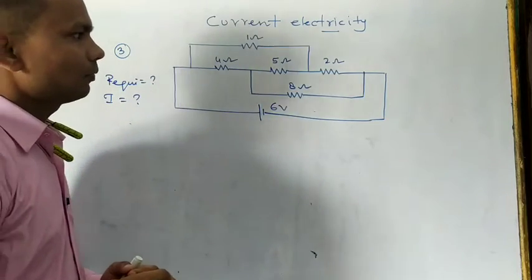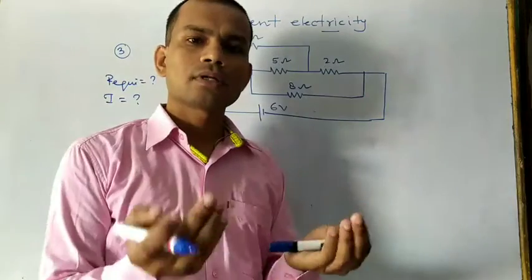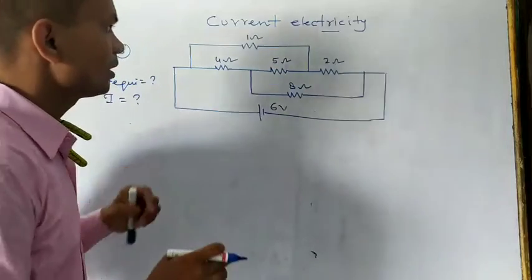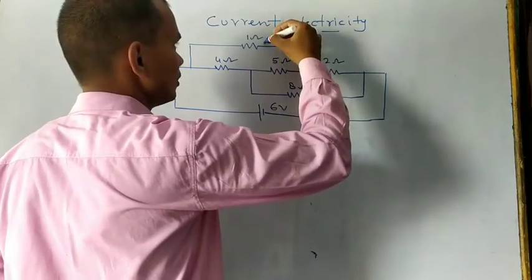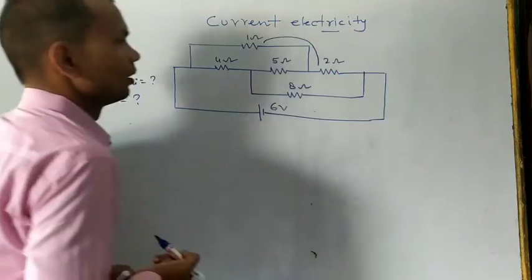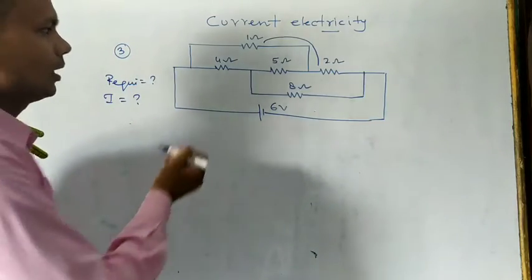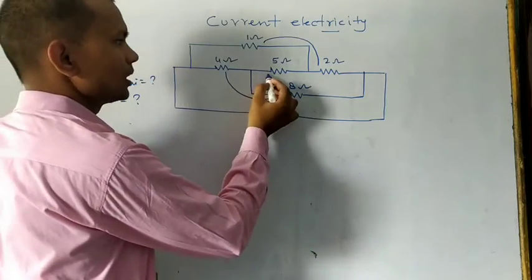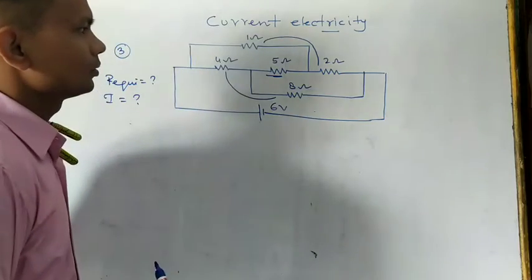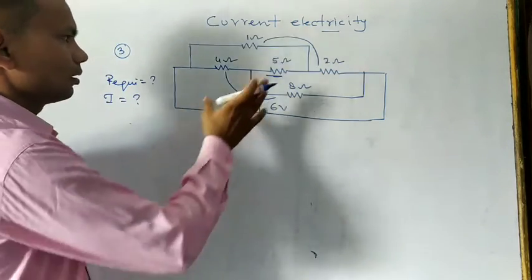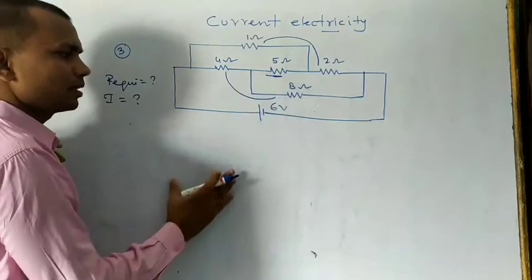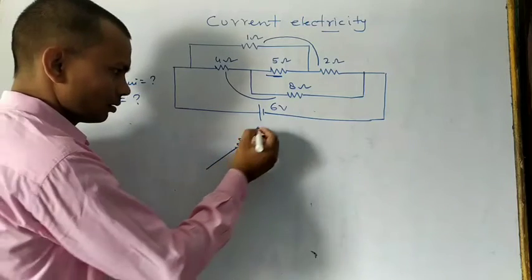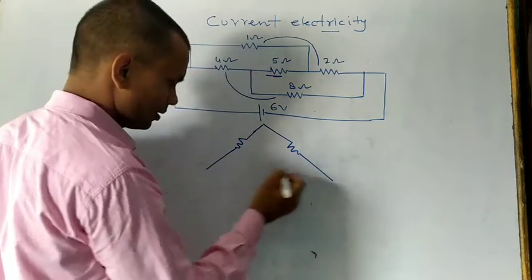So first of all we are going to discuss the equivalent network of the given network. We can arrange this in the form of this one. Here you see this and this are in parallel, and then this is also in parallel, and then the middle resistance is there. So the equivalent circuit of this network we can make like that. They are forming what? A Wheatstone bridge.